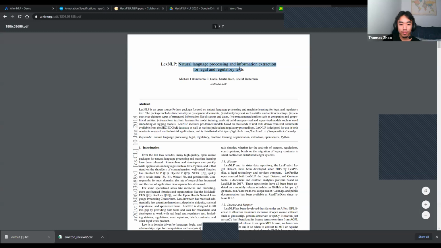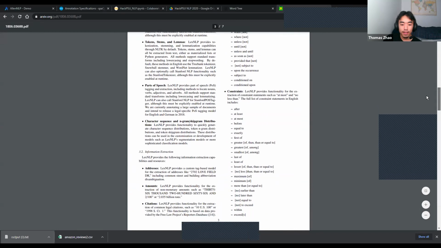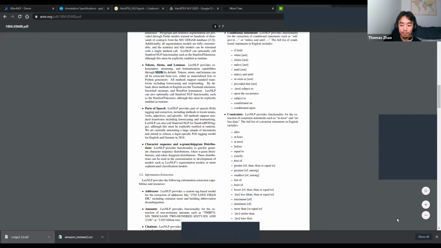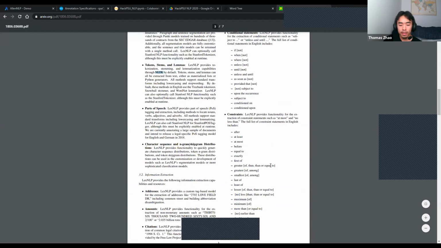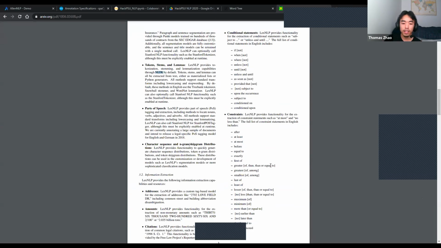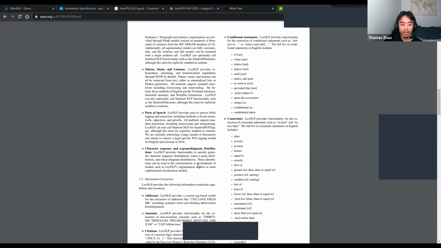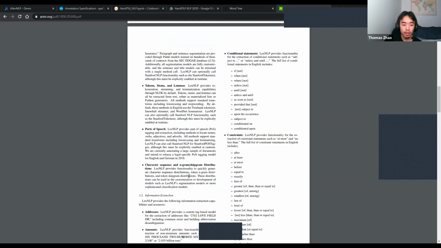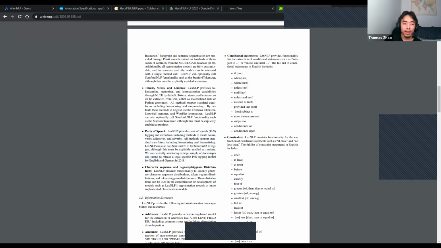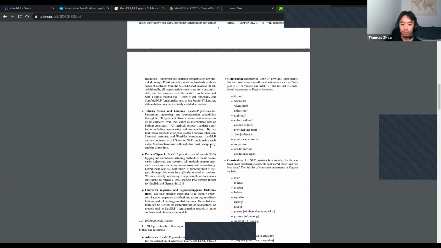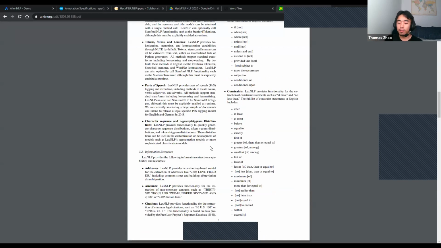So they're using natural language processing for processing legal text. And you can see they described using an NLP library. In this case, they used NLTK, but it's pretty similar to Spacy. They described constraints, legal constraints, a list of conditional statements, extracting addresses, amounts, parts of speech, this type of stuff. And so LexNLP is being used by legal firms all over the country to sort of automate the processing of legal documents. And you couldn't do it without natural language processing.